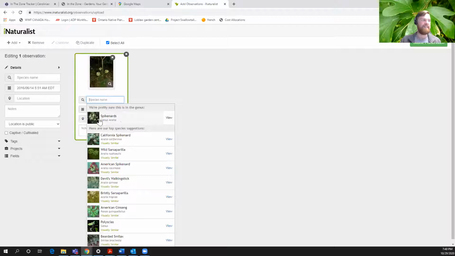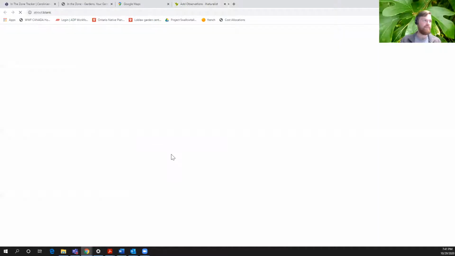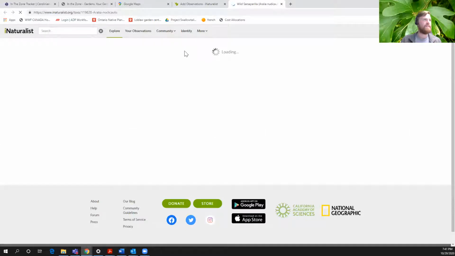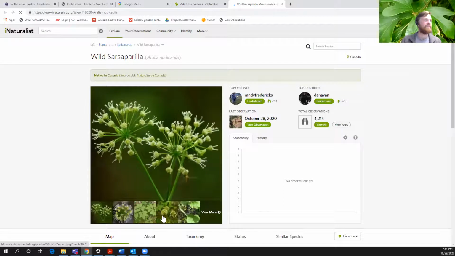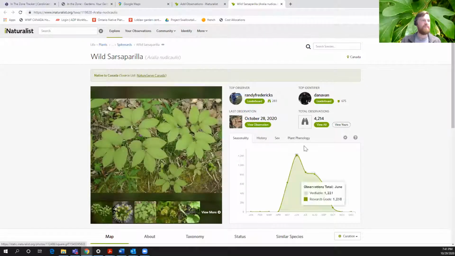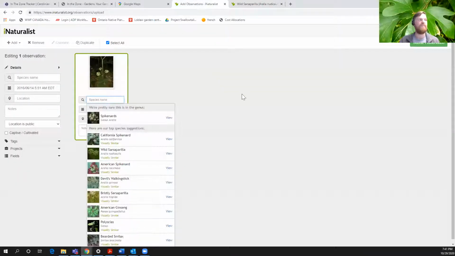So Spikenard, it thinks it's Aralia. And then the first one that comes up is Aralia californica. Now, that sounds a little weird to me because I don't live in California. The next one, Aralia nudicaulis. Ooh, that sounds possible. So you can take a look at it. What does it look like? Oh yeah, okay, that's what the leaf looks like. This is when it does its thing. It's most often viewed at this time. Okay, it flowers around this time. And then you can basically decide. You can make kind of a guess. It doesn't really matter whether you're right or wrong though.